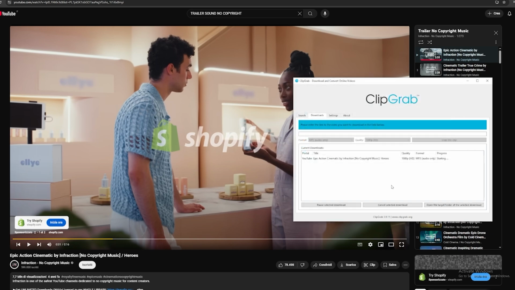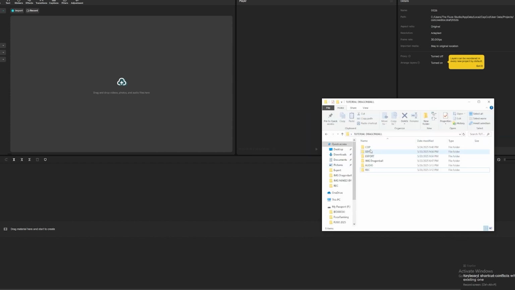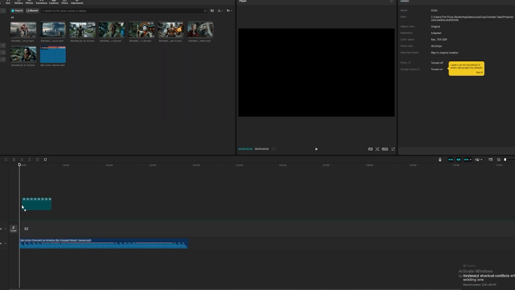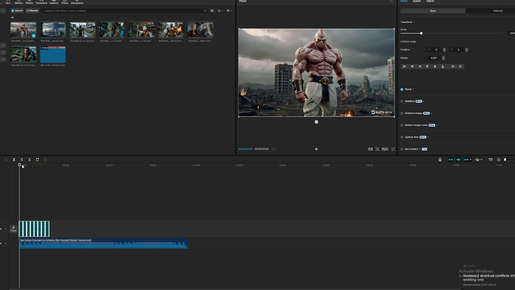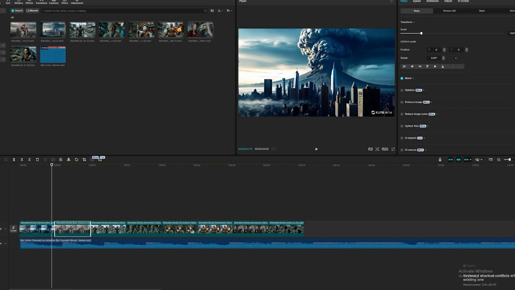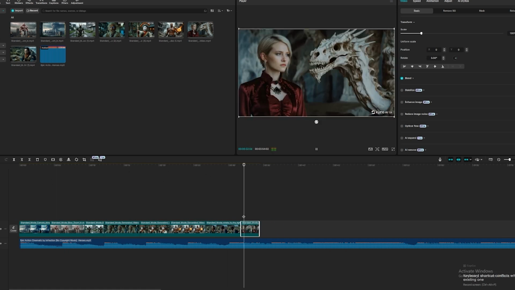Now that it's done, open CapCut and click New Project. Start importing all the video and audio files. Insert the audio and video into the timeline. Arrange the imported videos in the correct order and choose their duration. Shorten and lengthen the videos according to the beats in your music. I usually trim clips around the beats.